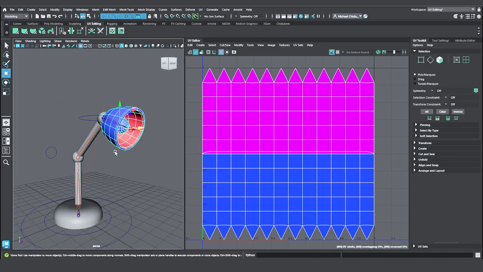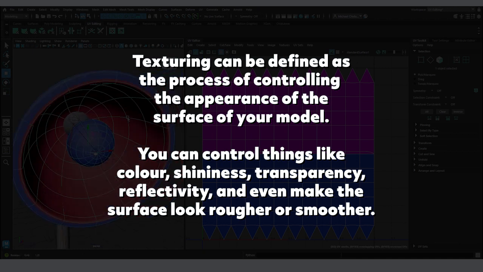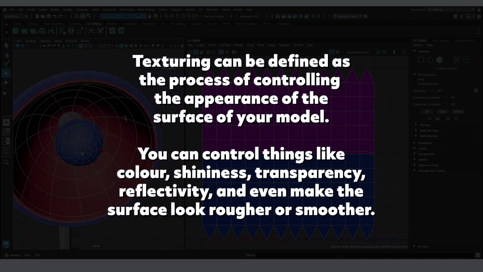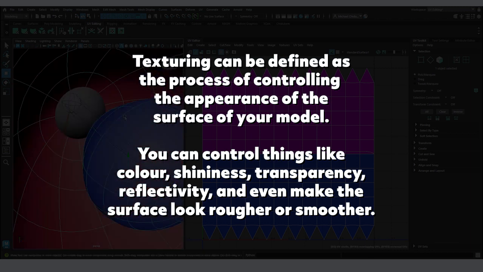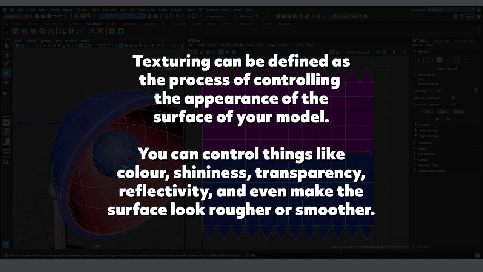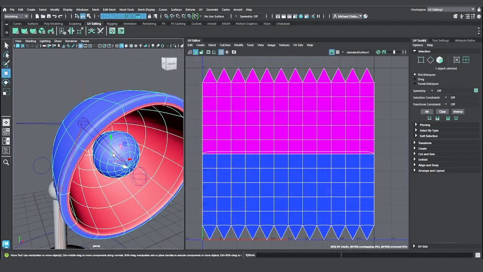Texturing can be defined as the process of controlling the appearance of the surface of your model. If we take this surface here, we want to control how it looks, and that means you can control things like how it shines, the reflectivity, the transparency, how smooth or rough it looks, and this can be done through the process of texturing. But then when we talk about texturing also, you have to talk about things like unwrapping